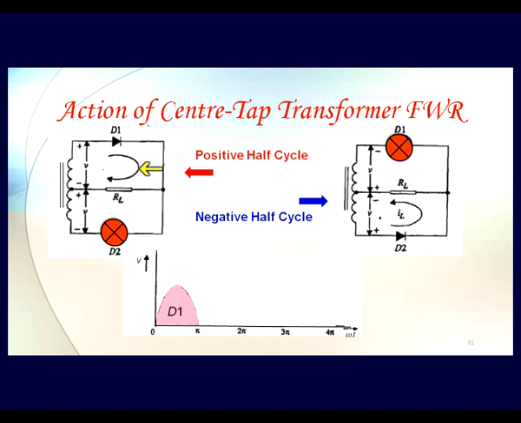Now if you compare these two circuits, the direction of current in both the half cycles with respect to RL is the same. In both the cases, the current is flowing from right to left. Okay, so at output, even in the negative half cycle, at load we see the output which is again flowing in the same direction. So this is how we are successful in reverting the polarity by using two diodes in full wave, and so by alternating positive and negative we are getting output which is now positive, positive, positive and positive, and this goes on like this.